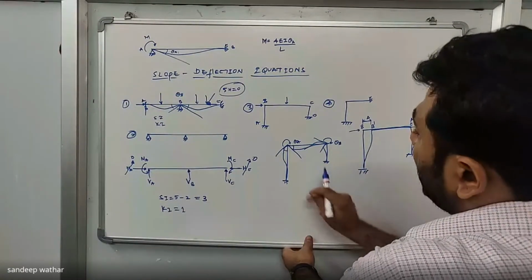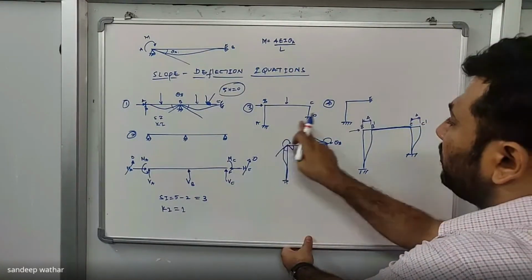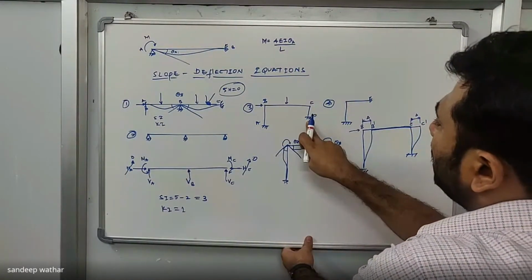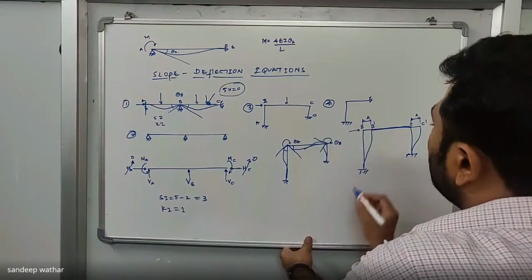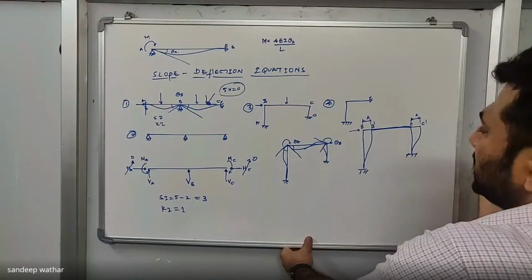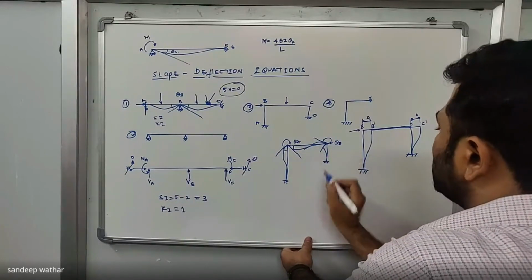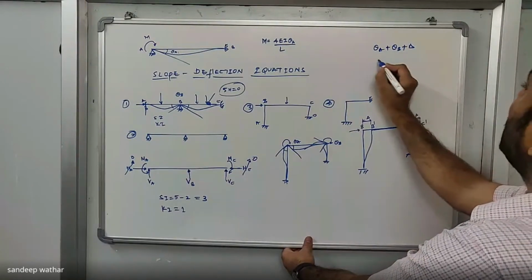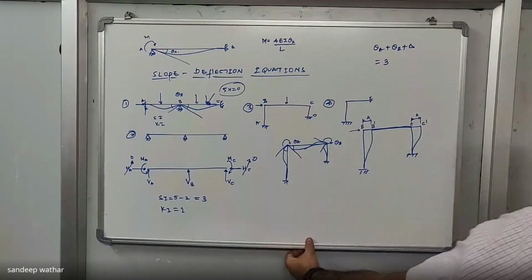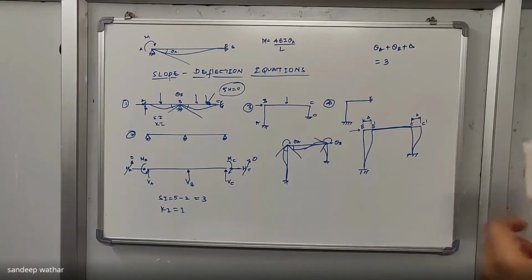But can you create such a slope at A and D? No, we cannot, because both are fixed conditions. Here the theta value will be equal to 0. But there exists a theta at B and there exists a theta at C. Now, in total, how many translations and slopes are taking place? Two rotations, theta B plus theta C, plus delta. So what is the kinematic indeterminacy? 3. Okay. I'll just quickly change this structure and tell you how much the kinematic indeterminacy will be.